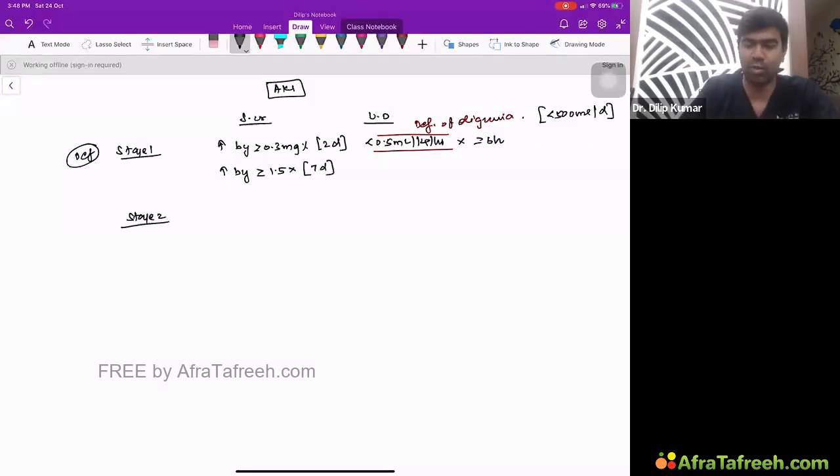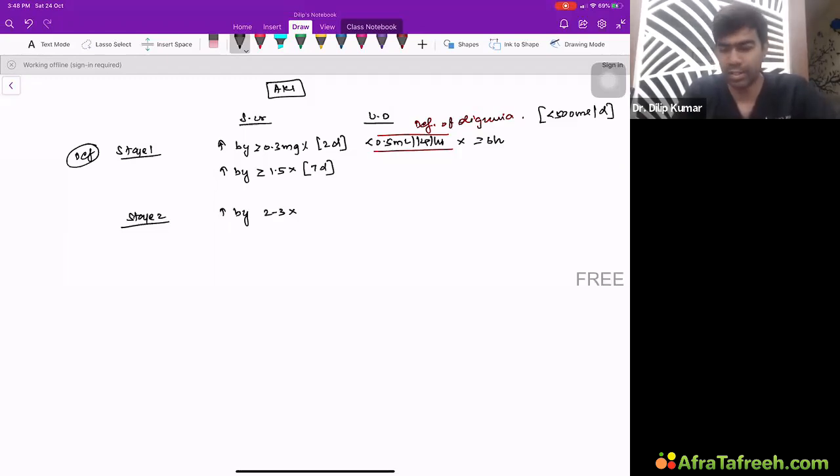As far as stage 2 AKI is concerned, here the increase in the creatinine is going to be at least 2 to 3 times. Maybe to be precise, it's 2 to 2.9 times. That's what the textbooks will tell. But for simplistic reasons, I can keep it 2 to 3 times the upper limit of normal. That happens in a period of 7 days. We know that. And if the urine output is less than 0.5 ml per kilogram per hour, which means oliguric, but persistently oliguric for more than 12 hours, so that is the definition of